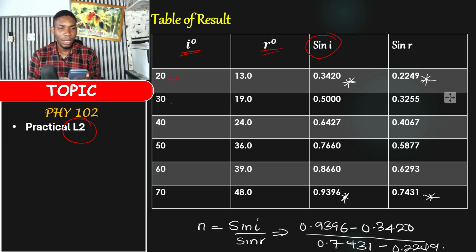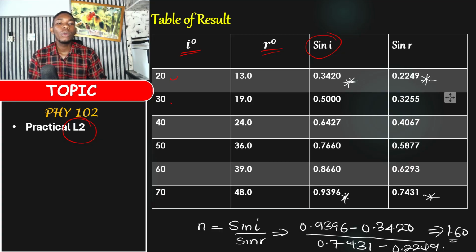So we have 0.9396 minus 0.3420 divided by 0.7431 minus 0.2249. What did this give to you? It gave us 1.15, which suggests that this, because the refractive index of glass is supposed to be around 1.6,